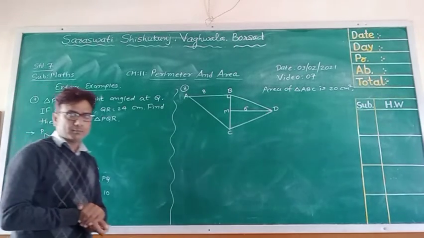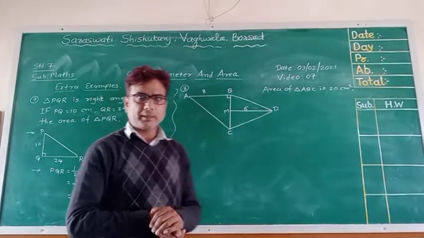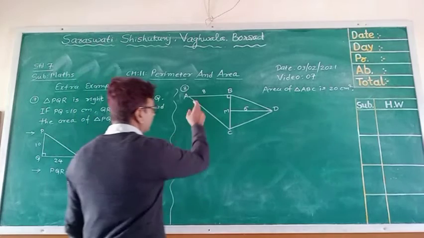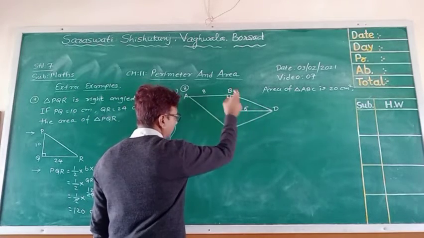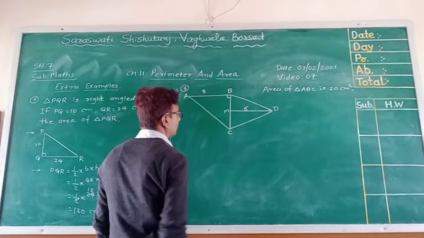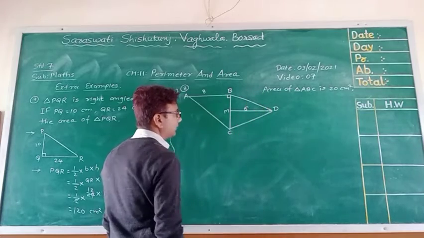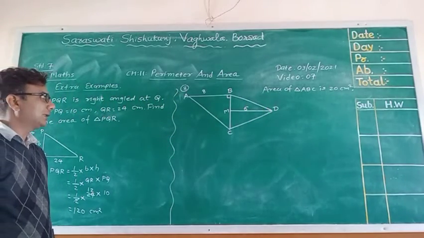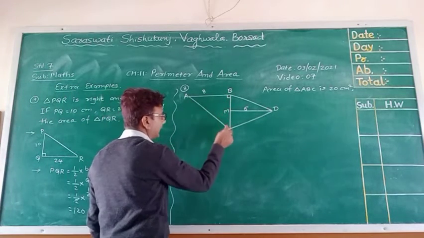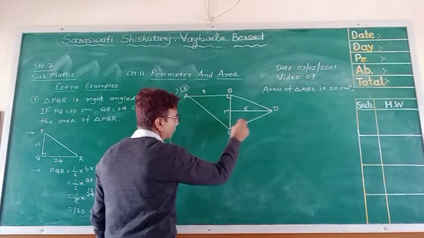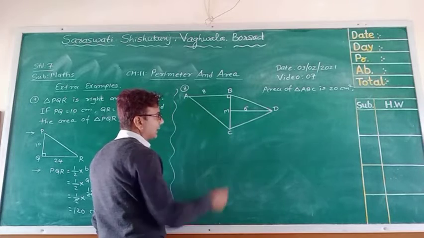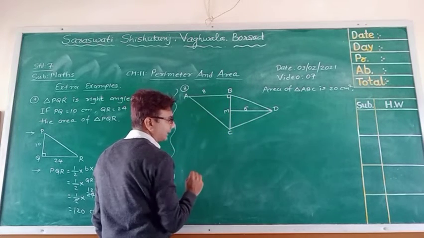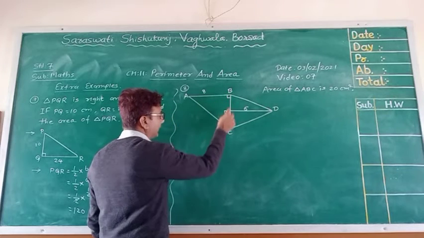Now in sum number 8, we can observe these two triangles, one triangle and this second triangle, third and fourth triangle. But the area of triangle ABC is already given. See, the area of triangle ABC is already given, but we want to find this area. Without this base, I can't find its area. So first we will take this triangle.